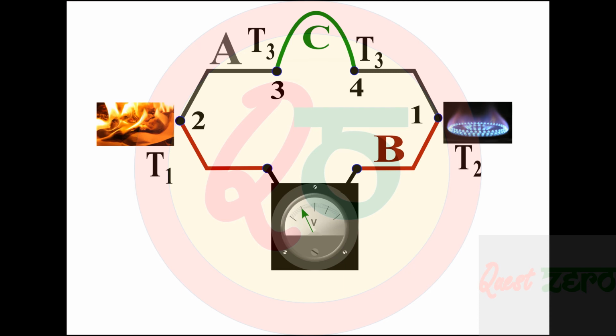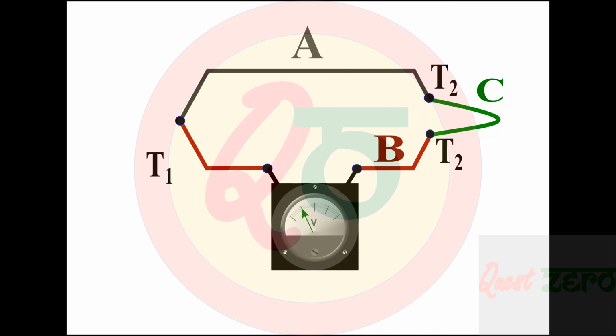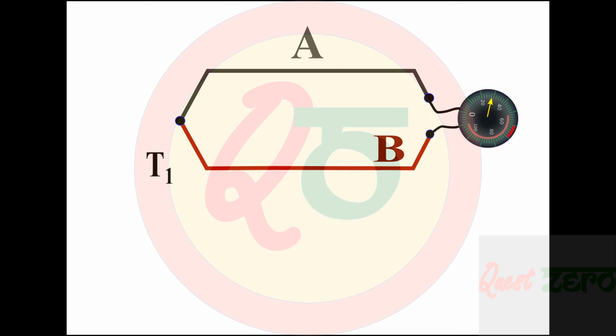So this is called the law of intermediate metals, and the introduction of an intermediate metal can also be done at a junction. So this existing junction now will create two more junctions, and these two junctions should be at identical temperatures, for example, T2 itself on the right side. What advantage this particular arrangement gives is, we can connect a measuring device to that particular junction and easily obtain the readings. So this is the advantage of the law of intermediate metals in thermocouples.